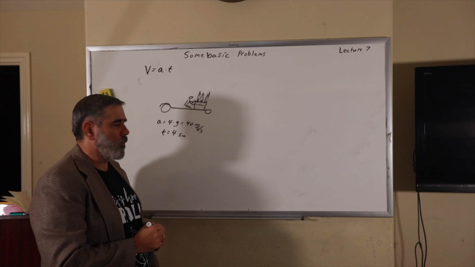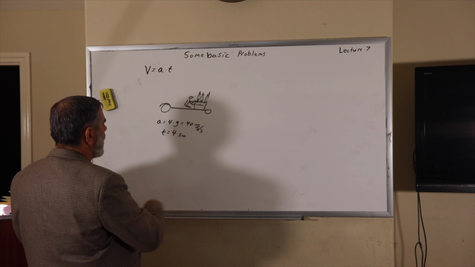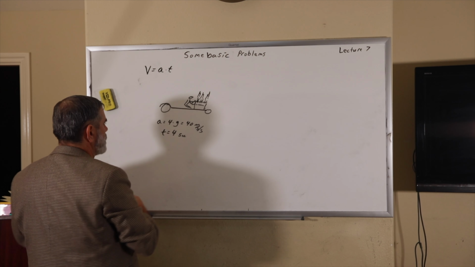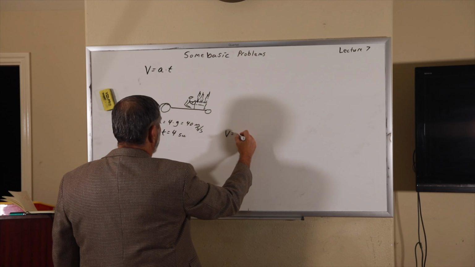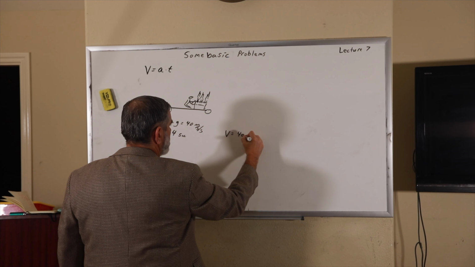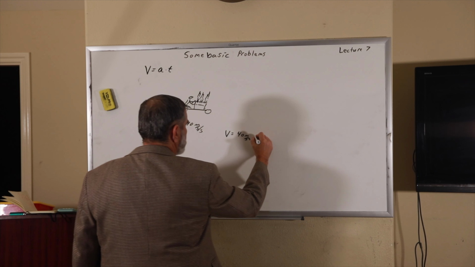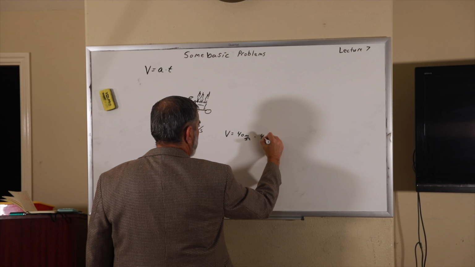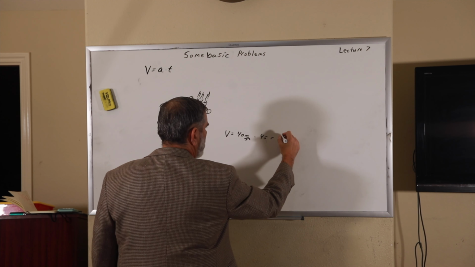Otherwise, this formula would not work. So all we need to do now is plug these numbers into that equation. And so this tells me that the velocity or speed is equal to 40 meters per second squared. I'm writing second squared this time. Times 4 seconds. And that will be equal to